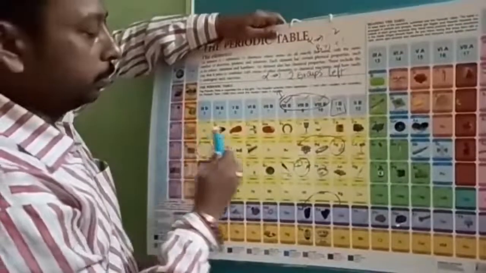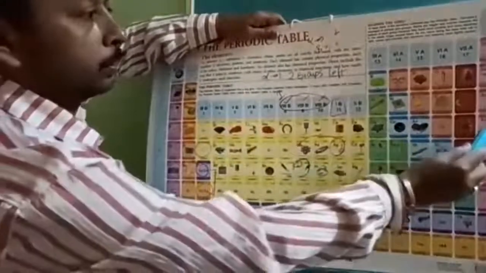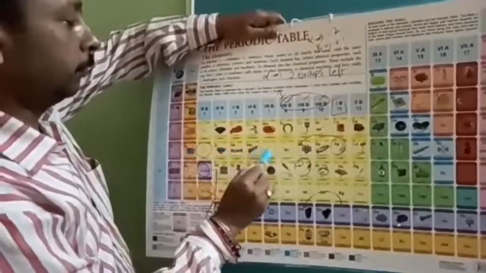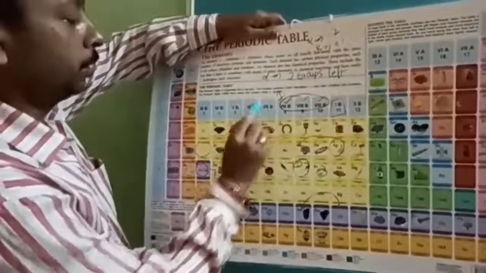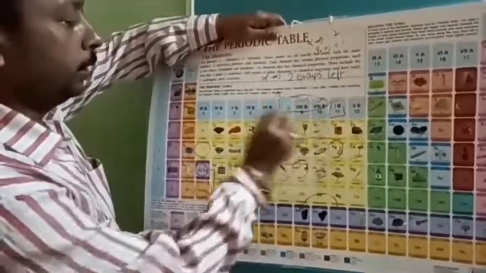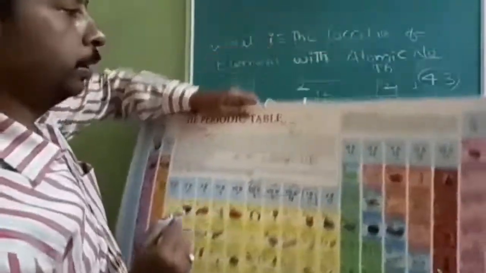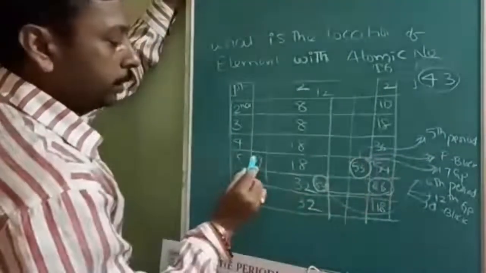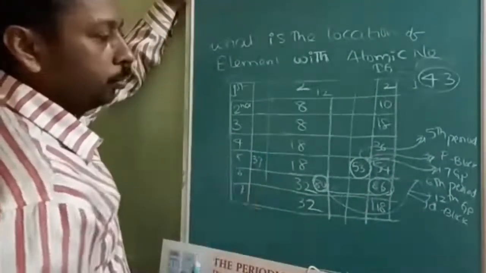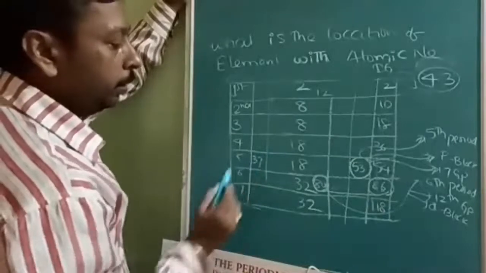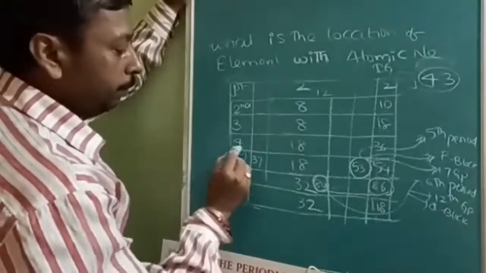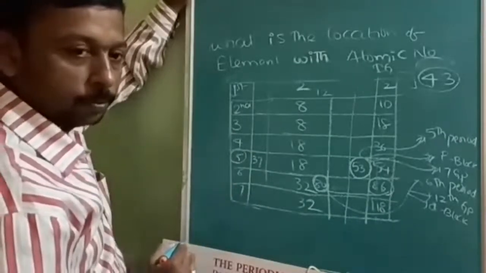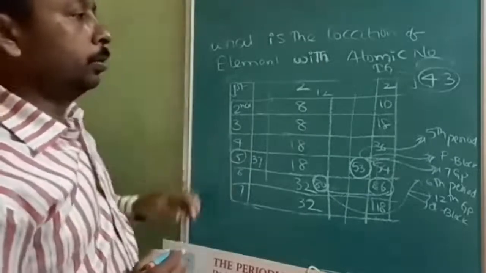So when you go like this, it will be in the forward direction. So 36, 37, 38, 39, 40, 41, 42, 43. So seventh group. What is the answer? Seventh group and D block, and which period? Fifth period. So how to find out now? Is it clear? 36, 37, 38 like that. Seventh group will be the group number and period will be fifth period, as seventh group belongs to D block. Okay. So note down this question.